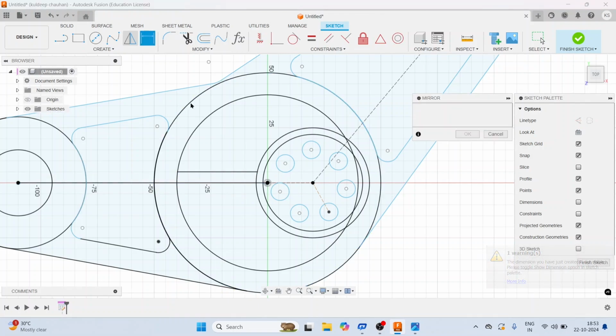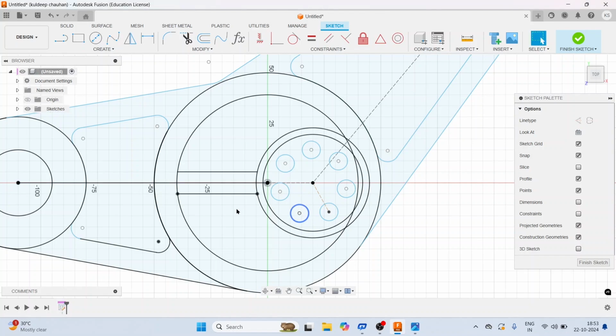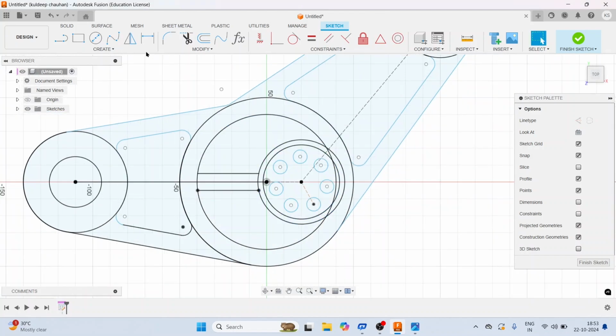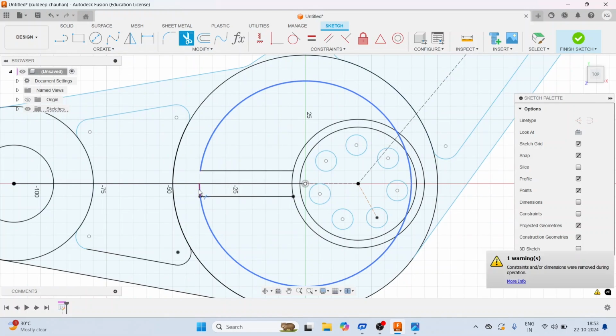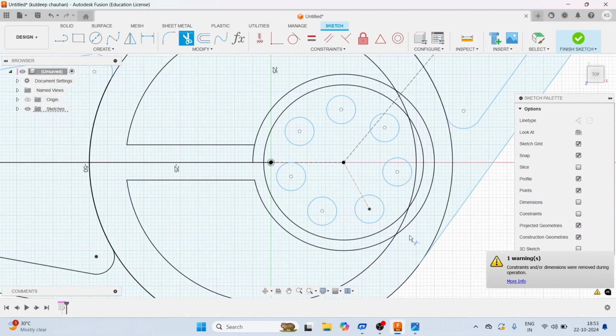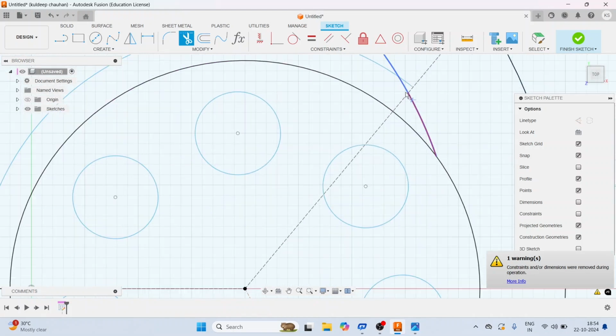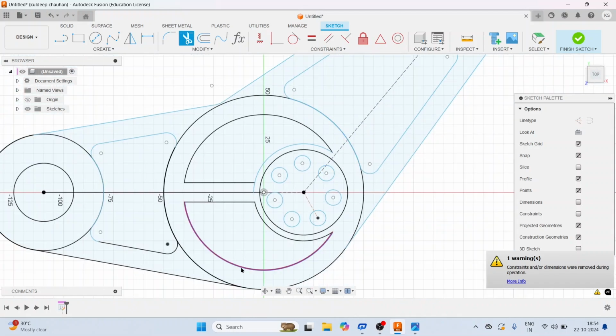Now we will mirror this line about this construction line. So now we will trim again these unwanted parts to make them fillet. Here we will trim these parts. Okay, we trimmed these parts.